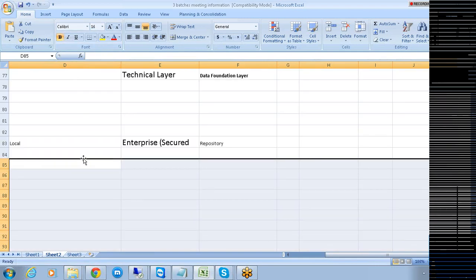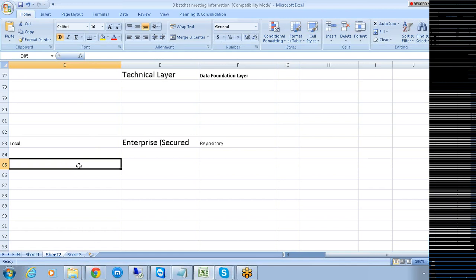Ravi, one more question here. In case we want to use that local connection, can we still use it? We have the option of using that connection, but the unfortunate thing is that you can't publish it to the repository. The universe or modeling layer you create cannot be published to the repository. If you cannot publish to the repository, other users cannot work on it. As long as it is local, only you as a user can work on it, basically. Got it.